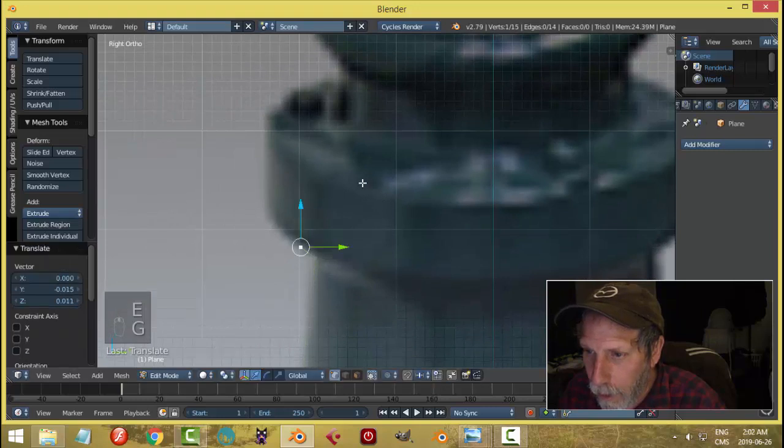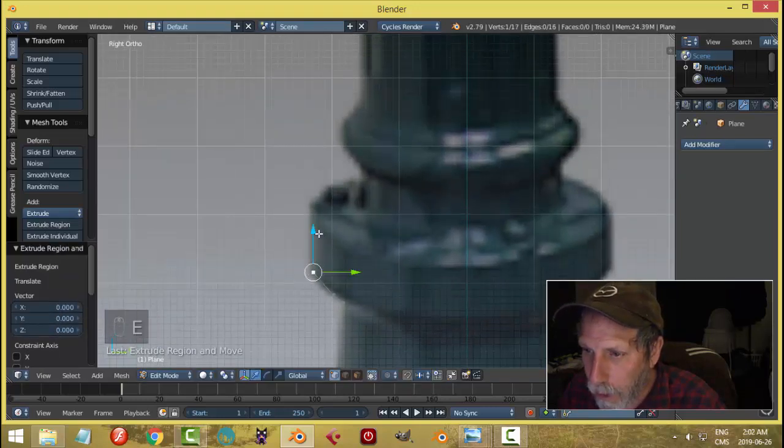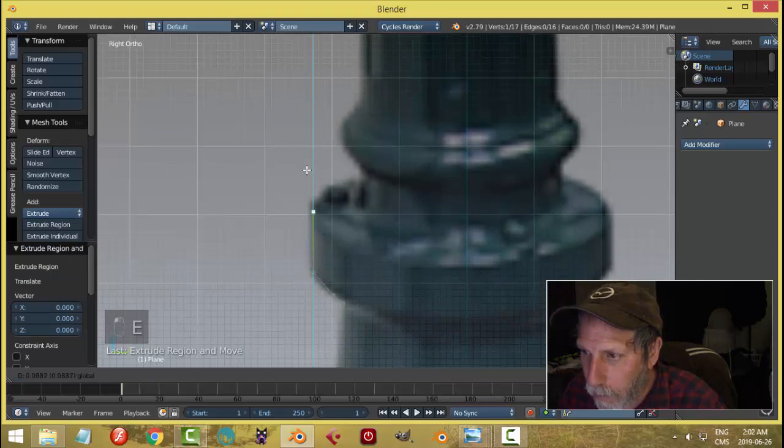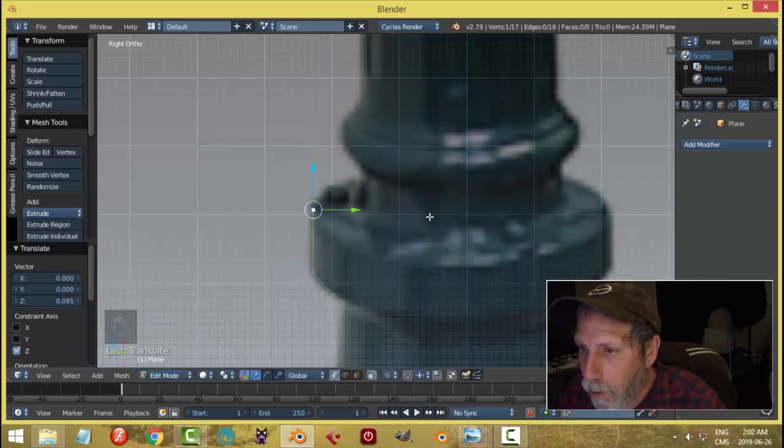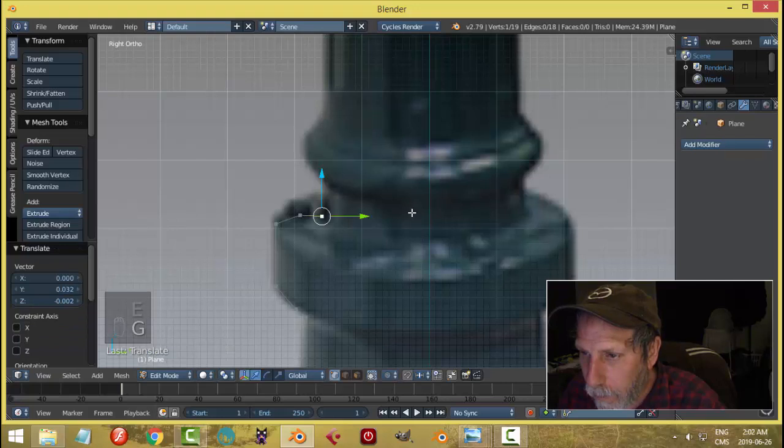E and G, E and G, I'll come out to here. This part's pretty straight, so I'm going to go E, and it's going to pull up with the Z arrow. Now what to do here, we're just going to bring it in, E and G, a little bit of a curve to maybe there. E and G, and this part's pretty